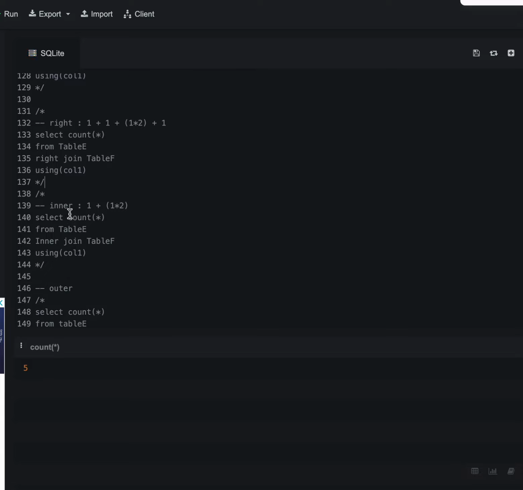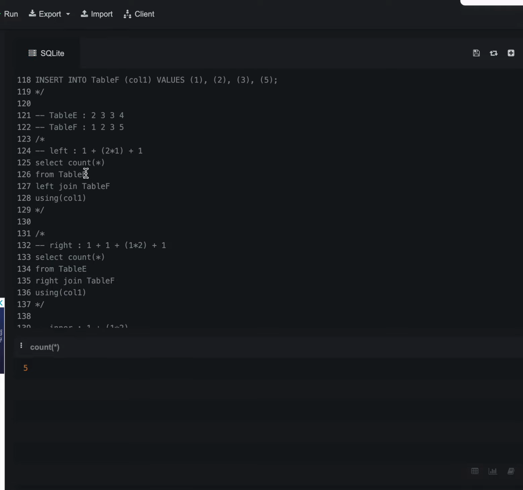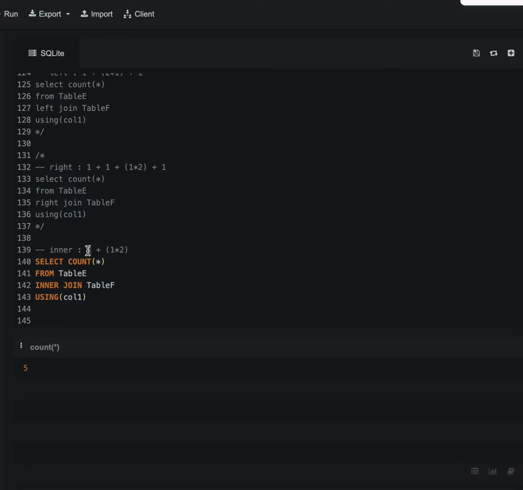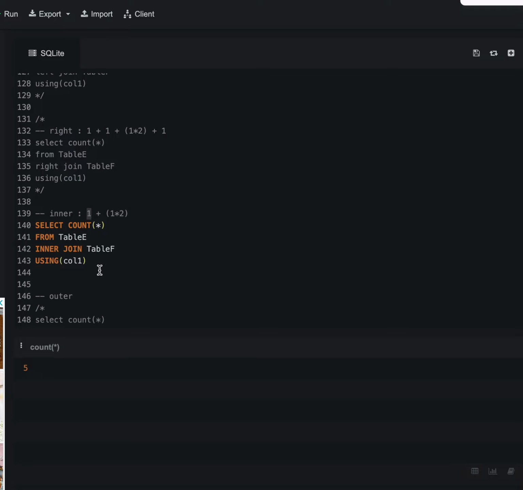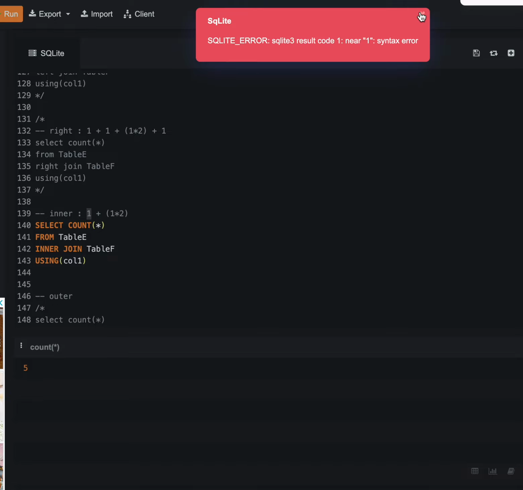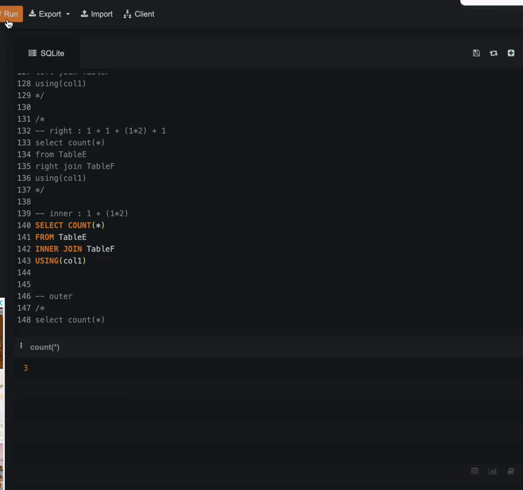So I'll comment this again, because now we'll try inner join. Inner join is something that's very predictable, and it's very easy to understand what will happen in this case. So inner join, again, table E, common records, 2 will go with 2, 3 will go with 3. So 2 will render us with 1 record, 3 will render us with 2 records. In total, 1 plus 2, 3 records. So if I run this should give me 3 records. See,